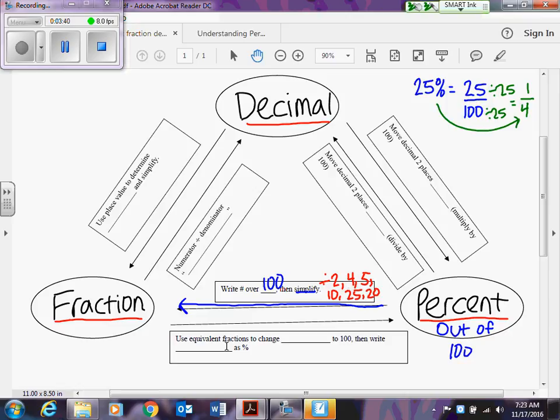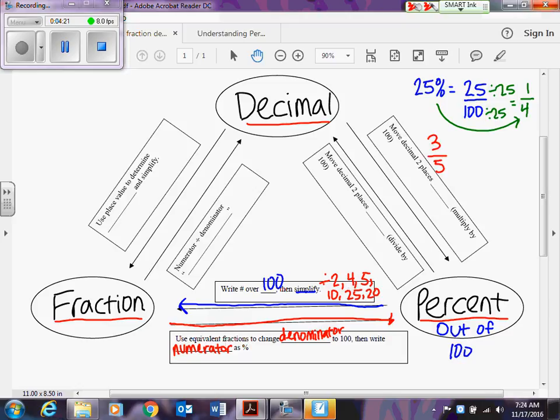All right, what about going the other direction? Let's say that we have a fraction and we're making it back into a percent. All right, what you're going to do is you're going to use equivalent fractions to change the denominator to 100, and then write the numerator as the percent. All right, change the denominator to 100, and then the numerator becomes the percent. So what does that mean? Let's say we have the example